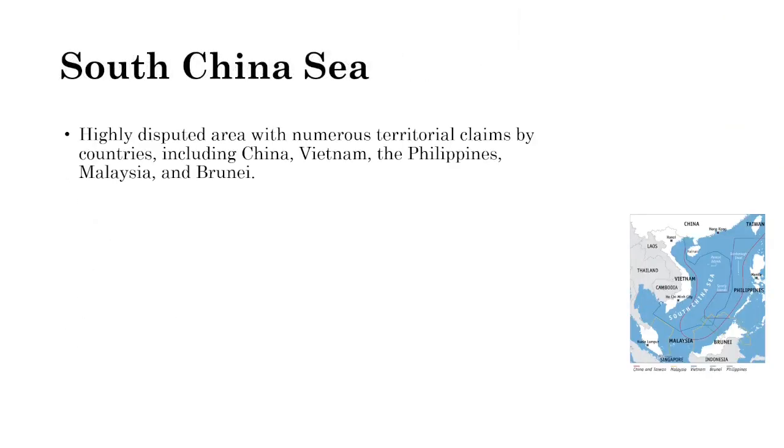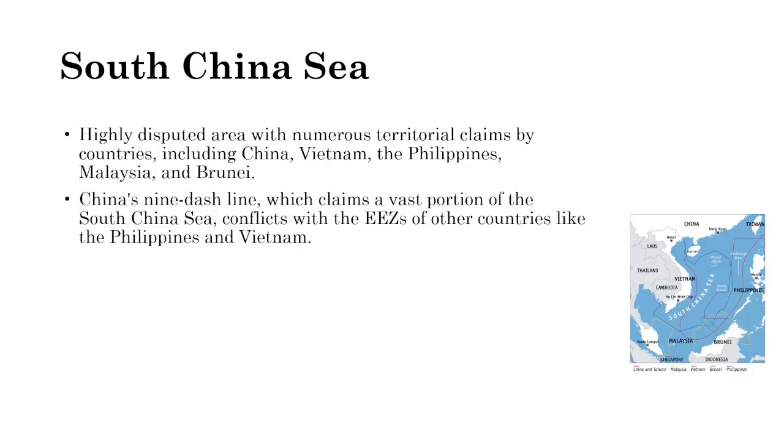Next, we have the South China Sea. This is a highly disputed area with numerous territorial claims by countries like China, Vietnam, the Philippines, Malaysia, and we can see here that China has a